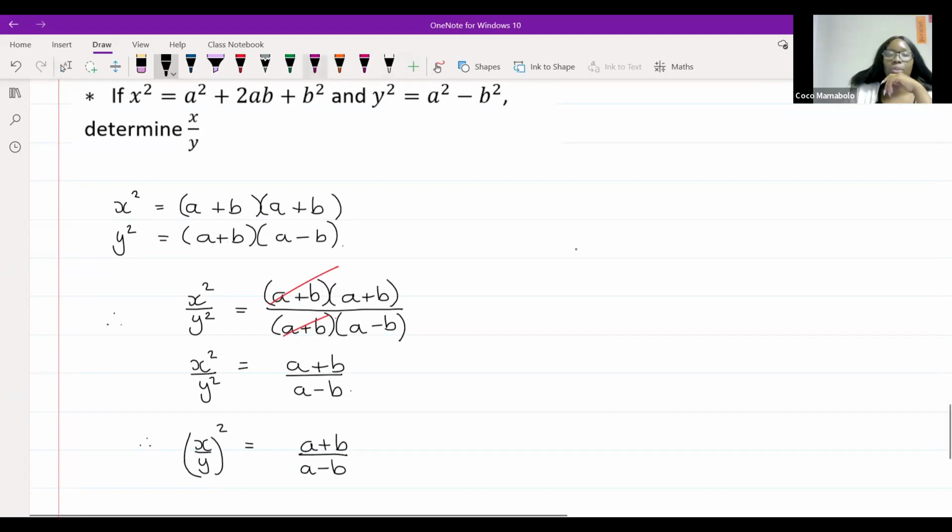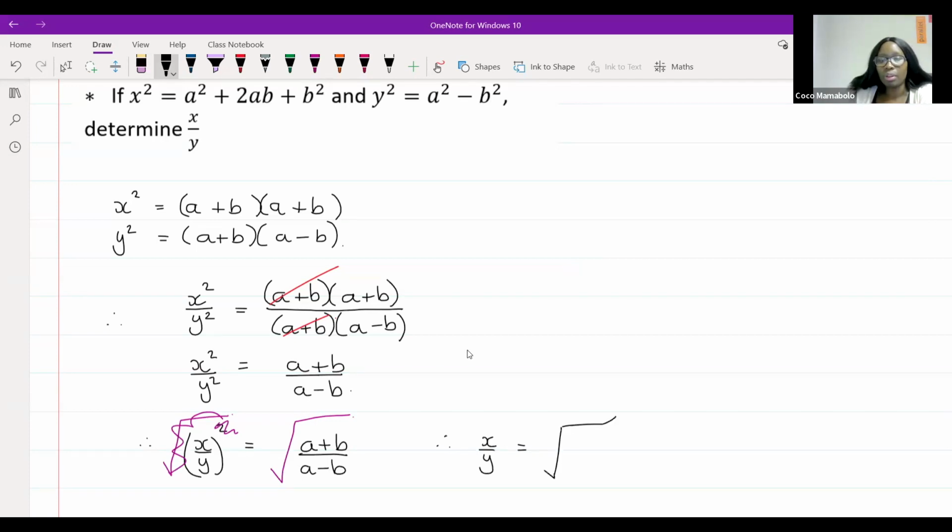That's it. Correct, Emmanuel. Square root. Good. So this and that will cancel. Therefore, x over y is equal to the square root of a plus b